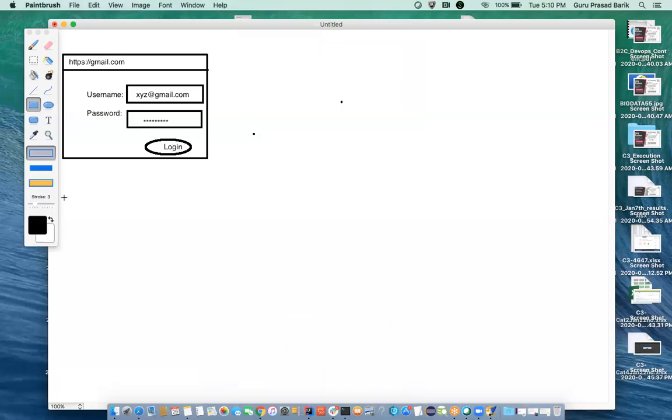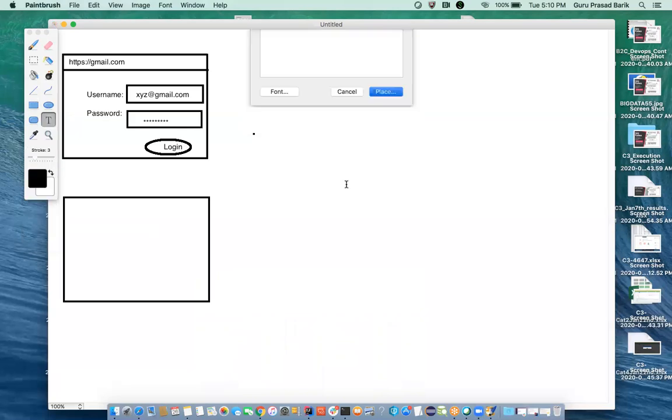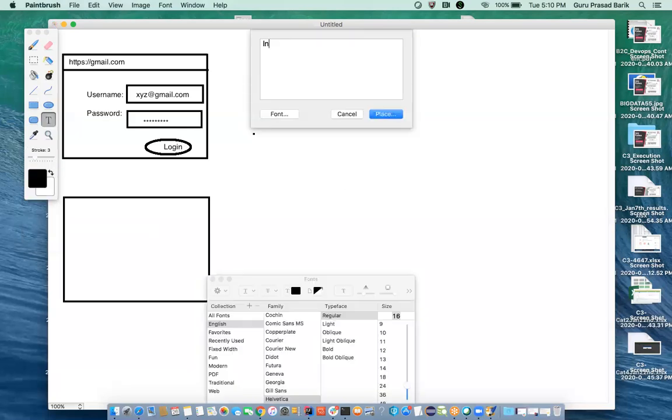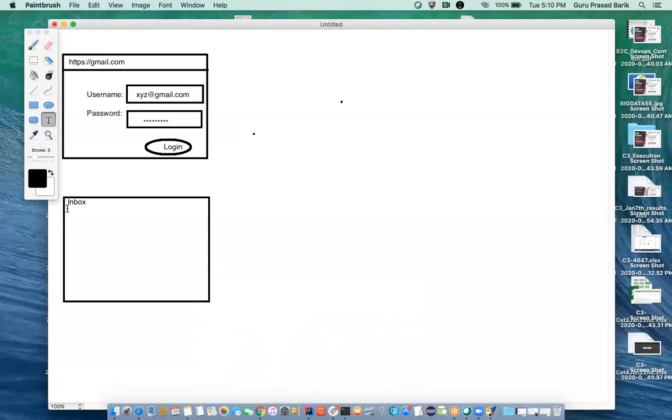If every credential is correct and everything goes correctly, the inbox page. This inbox page will have all your read and unread emails, right?